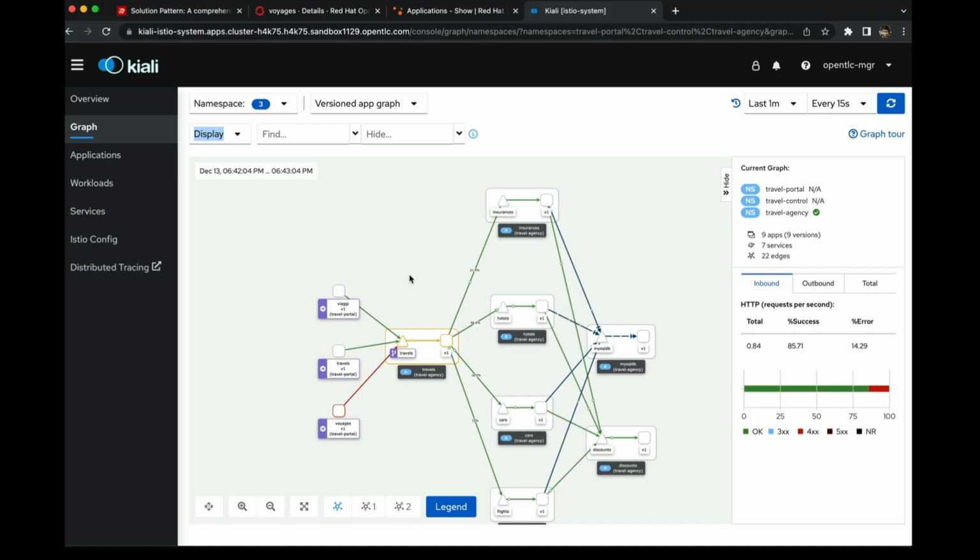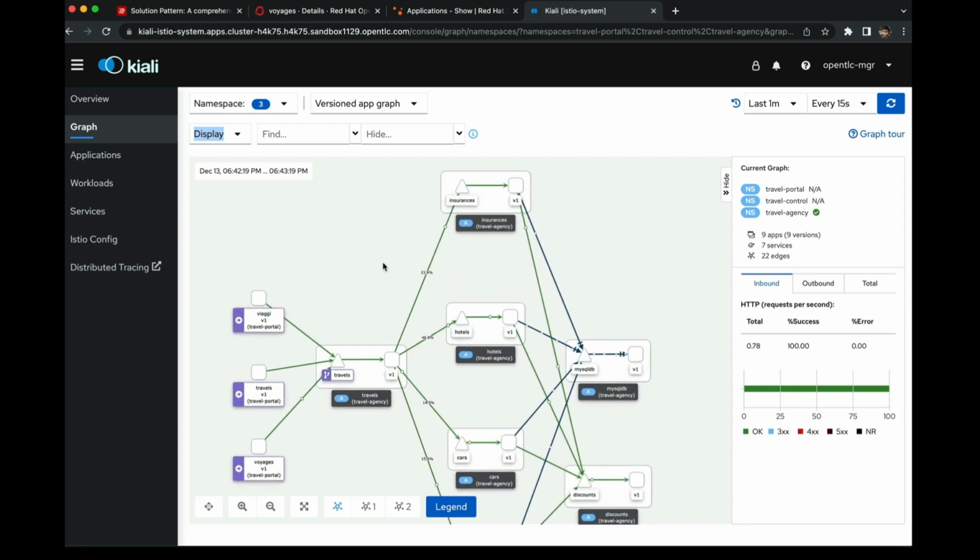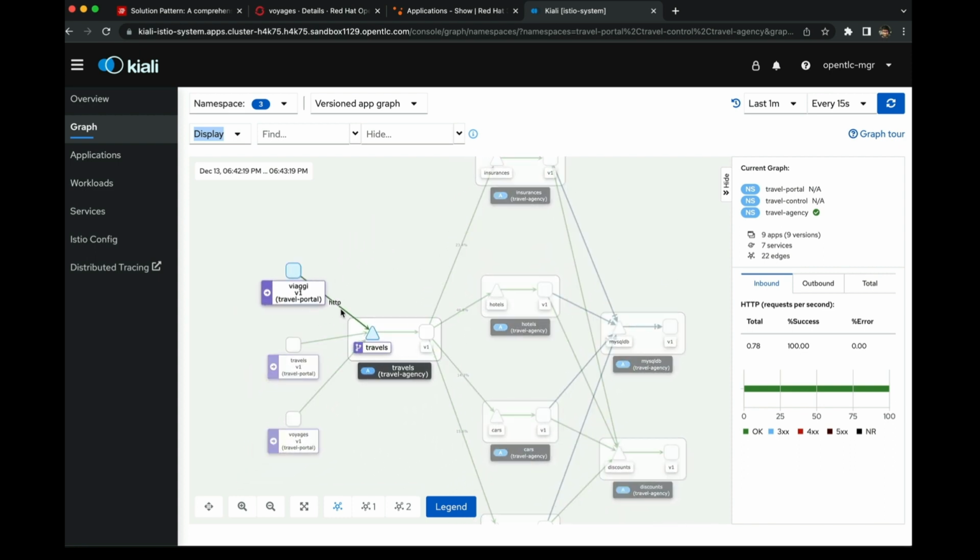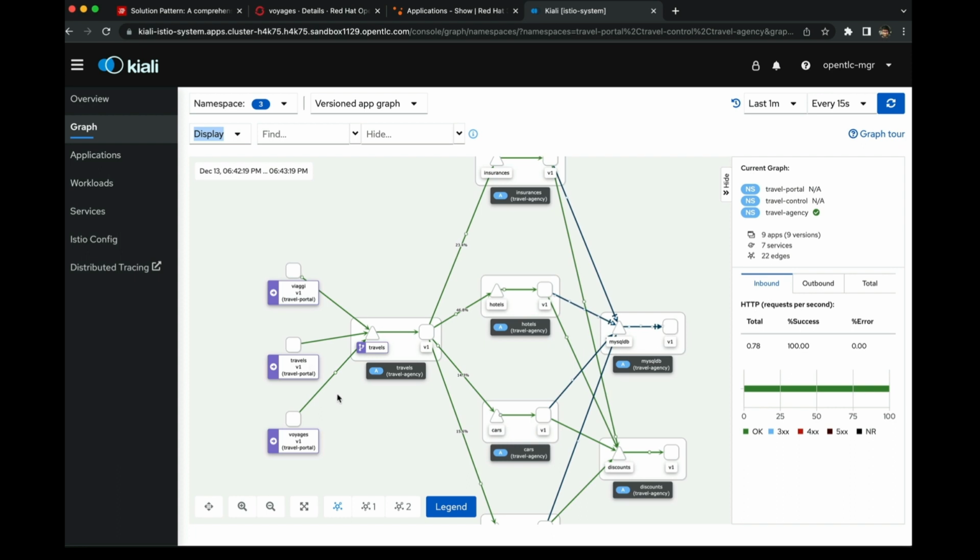In a couple of minutes, once you're done adding the environment variables and the API keys that you obtain from 3Scale to the deployments of the internal portals, you should see the traffic slowly turning green, and eventually the whole graph should turn green. As you can see here, we've returned to the original state because now all the calls are authenticated via 3Scale,